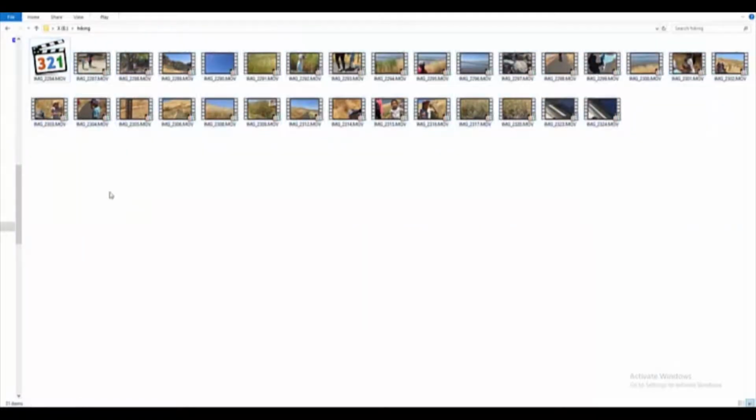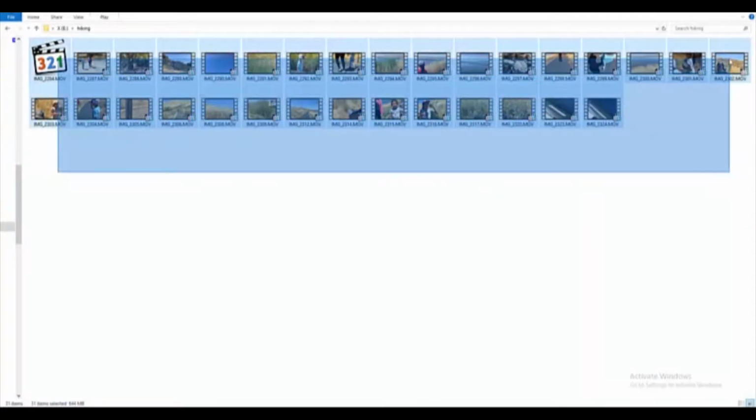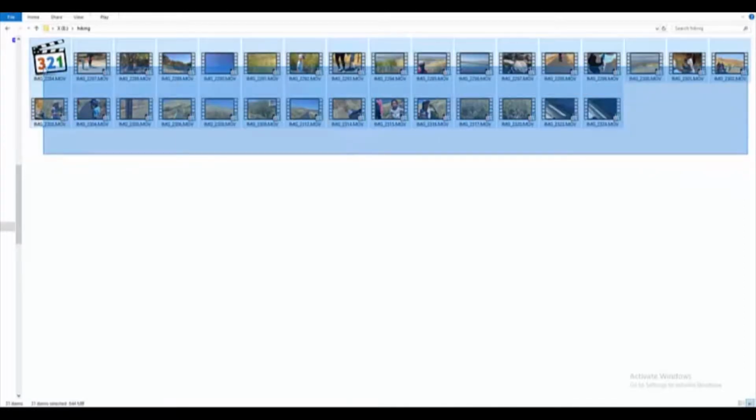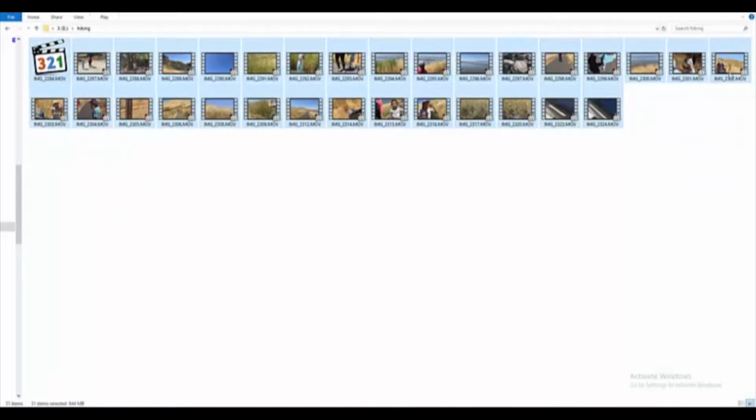I just came back from hiking with my family, and I don't always have my DSLR or mirrorless, quote-unquote professional equipment with me. However, I do have my phone with me all the time, and I take full advantage of my smartphone. In this case, I have an iPhone 6, and most smartphones nowadays are pretty good at taking both photos and videos. So I use just my iPhone and capture some of these videos, and each video I